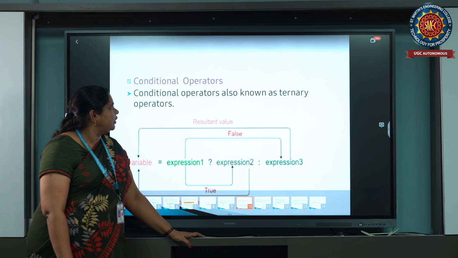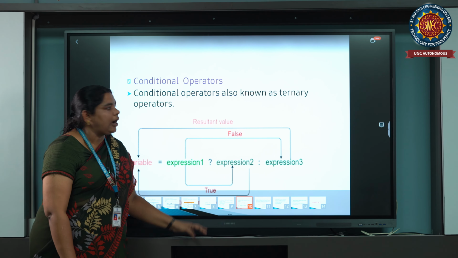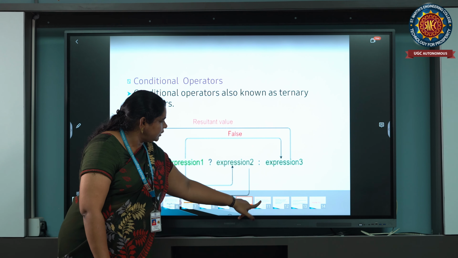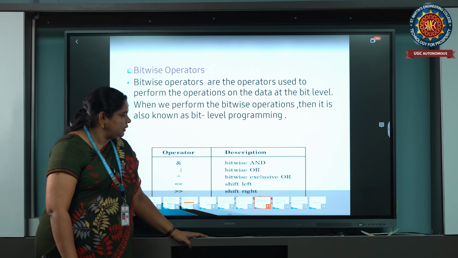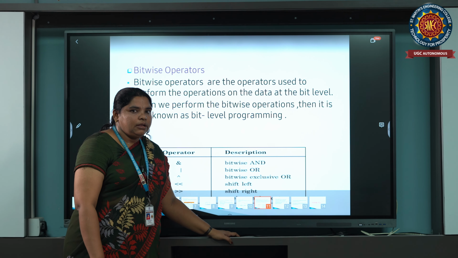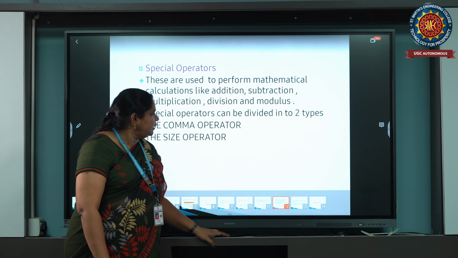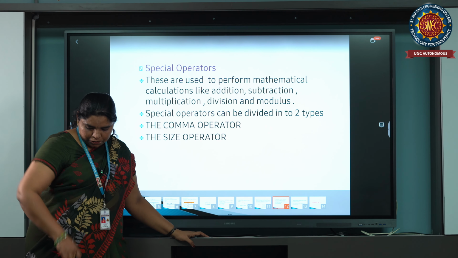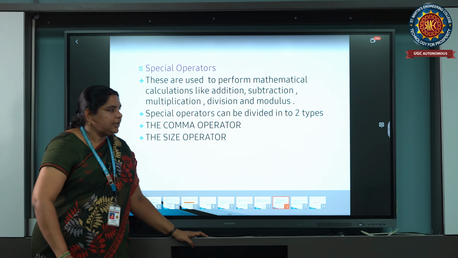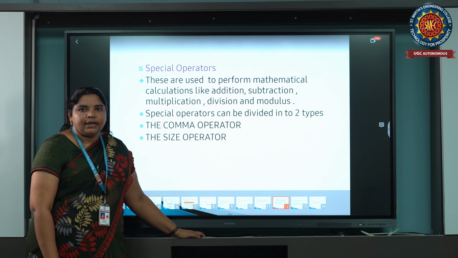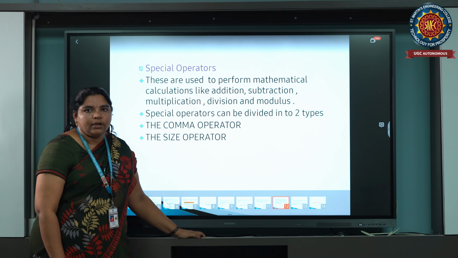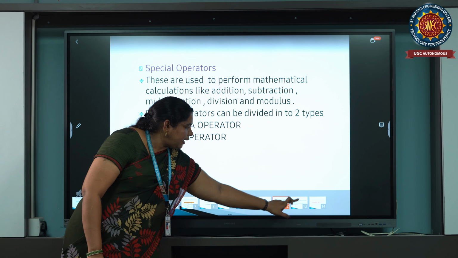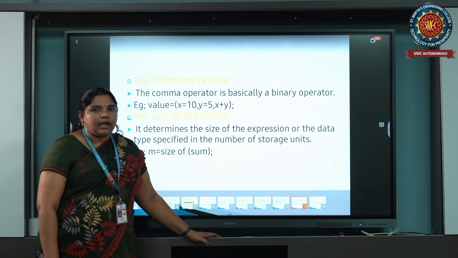And next, here we are using the different types of operators, the conditional operator, and here we are using the bitwise operator and different types of operations. And next one, here special operator. So special operators tell about the different types, such as the comma operator, and here we are using sizeof. Okay, so you know, what is the difference of a comma operator?